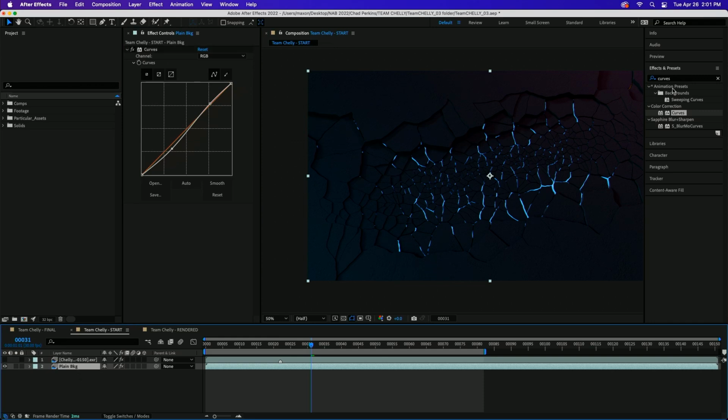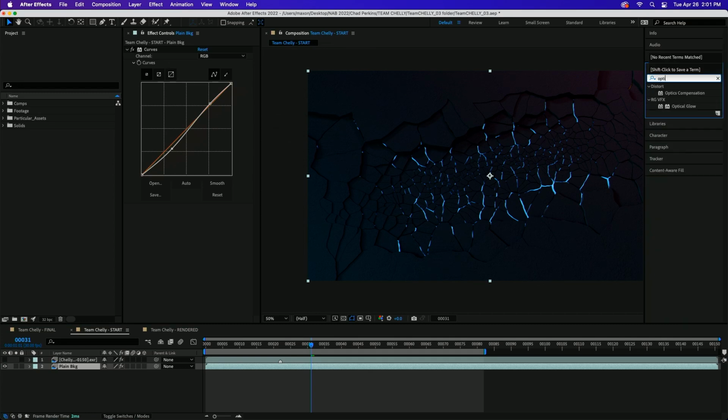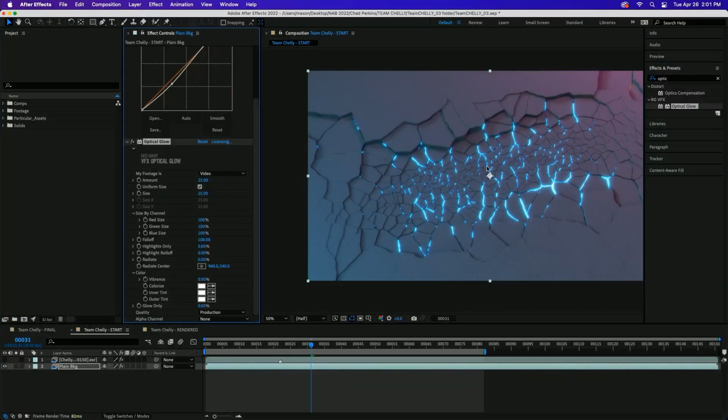One of the things I love doing is adding optical glow. This optical glow just has a way of doing its glowy magic in the easiest of ways. Now, you notice when I applied optical glow, it undid all of the curve stuff because everything is glowing. And sometimes it's like that. Sometimes it picks up different stuff and it makes things glow that you don't want to,